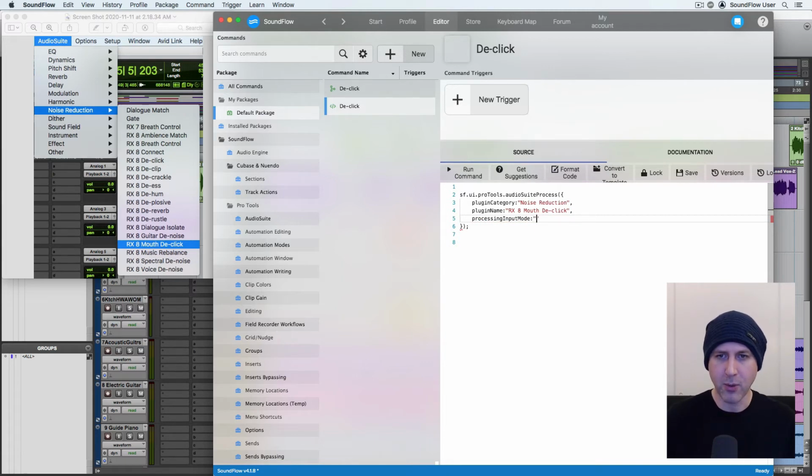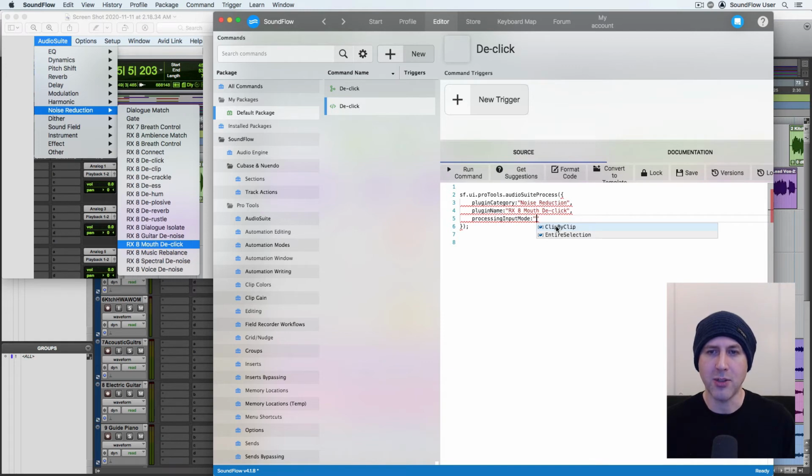If we put quotes here, you'll see you're not sure exactly what to write in this kind of input mode. I think it was clip by clip or something like that. So what you can do to work out what the options are, between the quotes, if you then press F2,